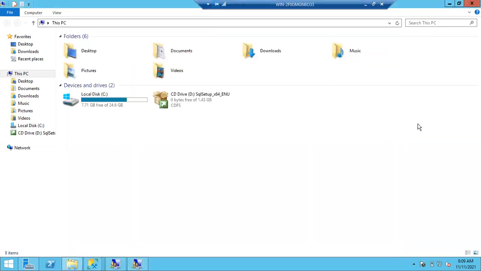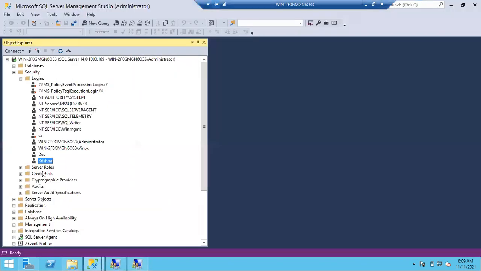So, let's go for group login. We just discussed Windows login. We just discussed SQL login. Now let's go with the group login. As discussed, guys, we'll encourage group logins in the organization. I told you, right? We don't encourage individual logins.